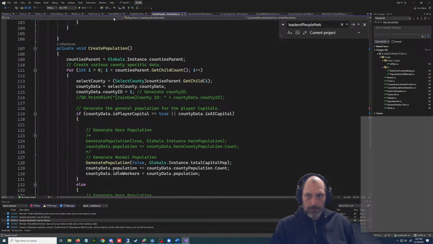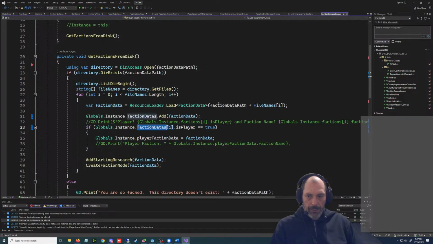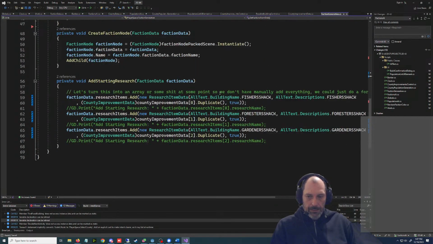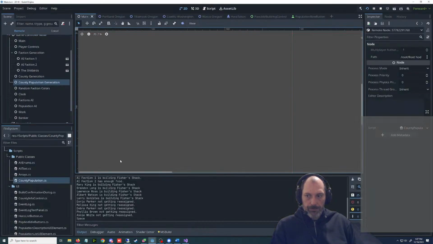faction generation. Hey, we got lucky there. That was getting assigned to this list, which is research items, which is just a list, and we can't see inside that either. So that's not going to help us. It'd be nice if we could.